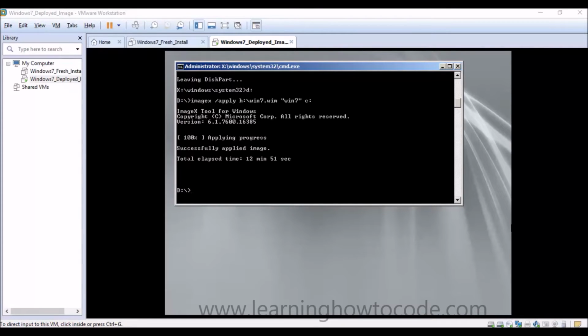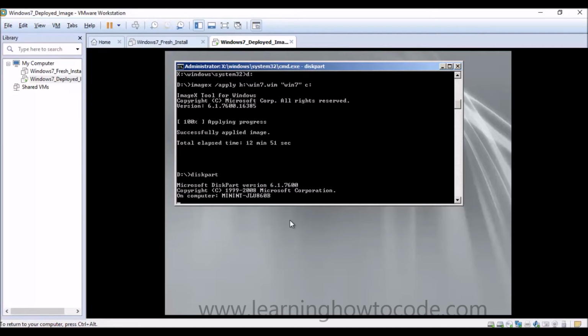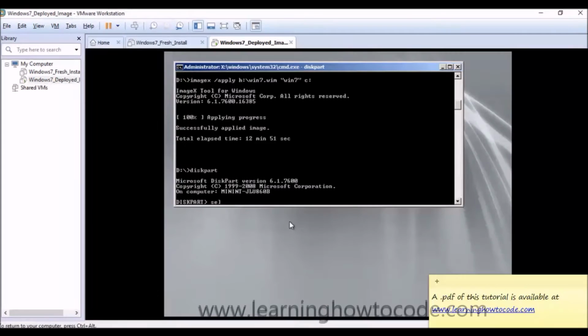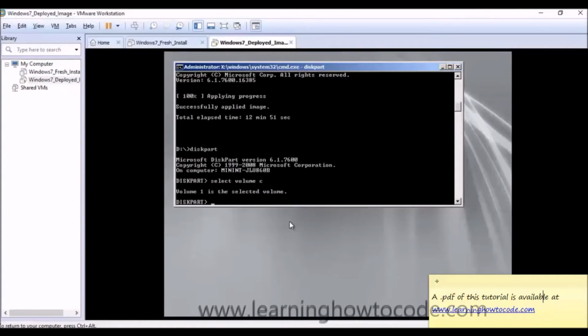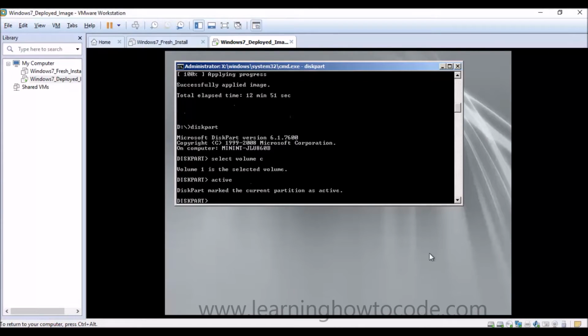Okay, when your image has been successfully applied, then the next part is we need to just ensure that volume C is the active volume. So we're going to type diskpart, select volume C, and make it active. We'll go ahead and select exit,